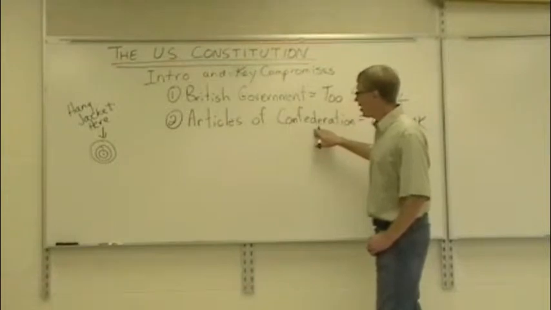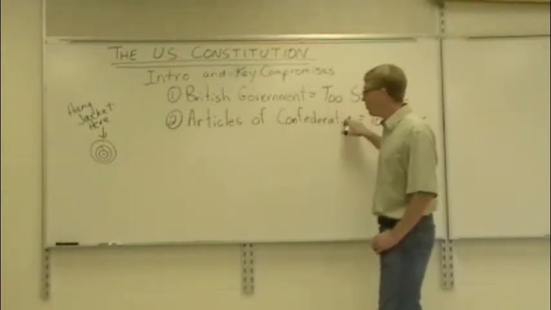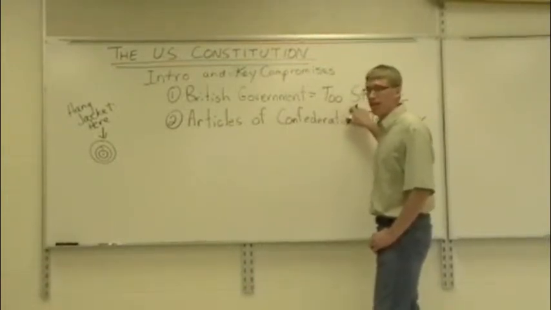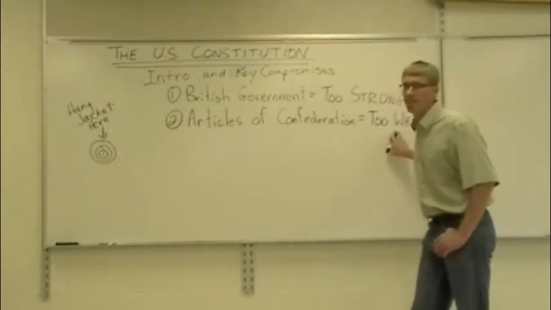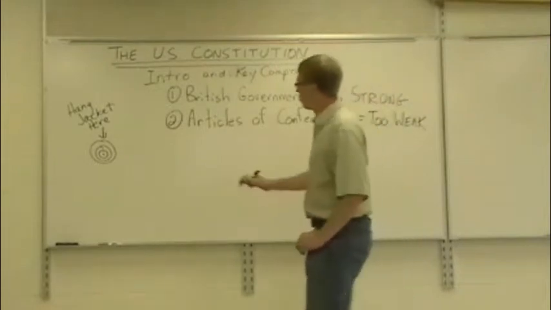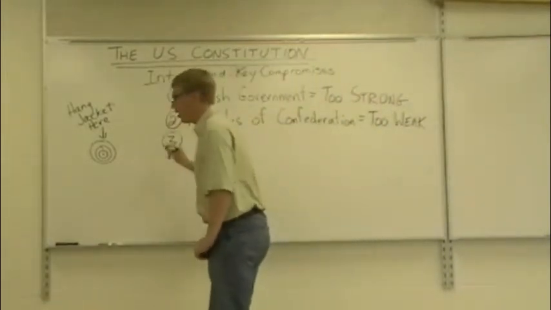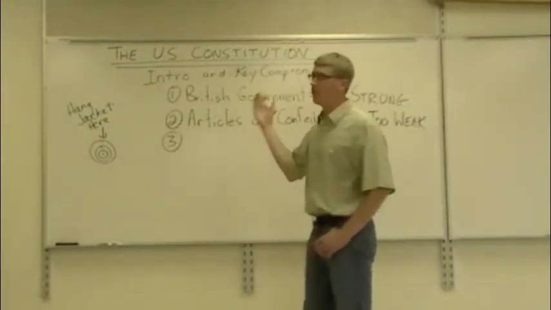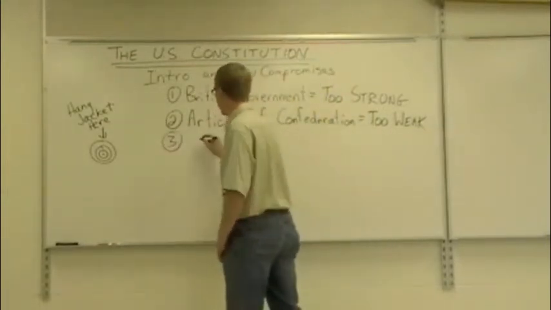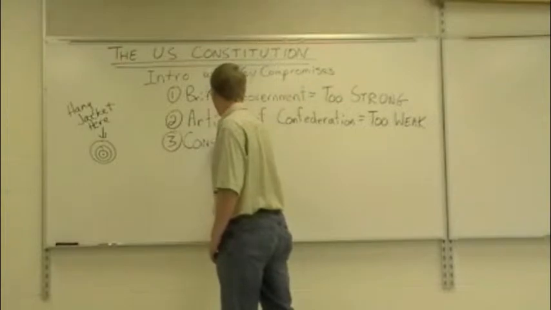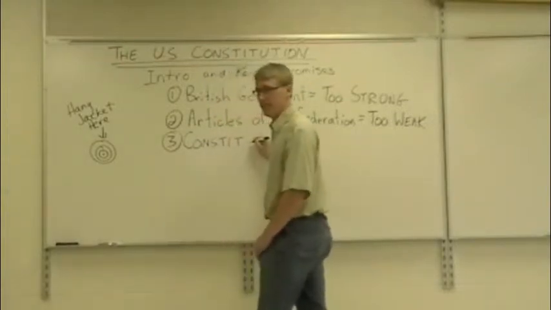So you see why the colonists did it. When they made their own government, they didn't want this mistake. They didn't want a government that was too strong. But the problem is they went in the opposite direction. They made a government that couldn't stand up for itself. A weak government, with no executive branch, no federal courts, and on and on. A very weak national government. So then we get the Constitution, the subject of today's lesson.